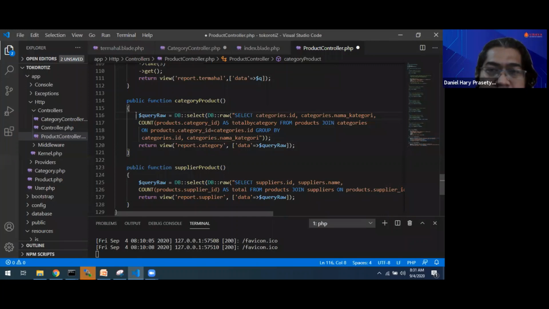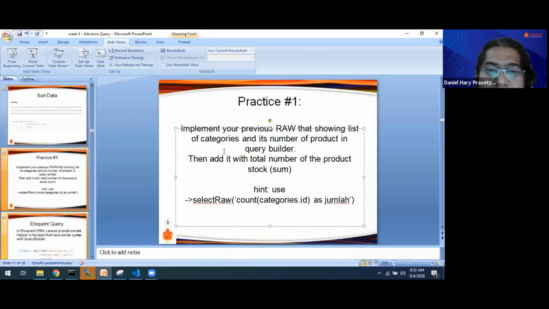And after it works, we will add this one for the count of products. And if it works, we will add the total of product stock.